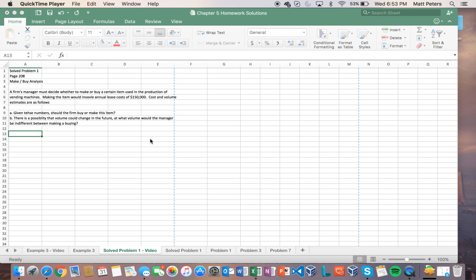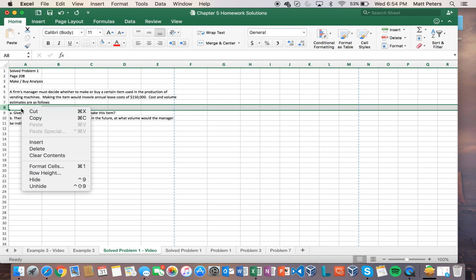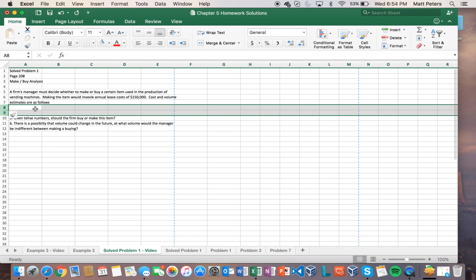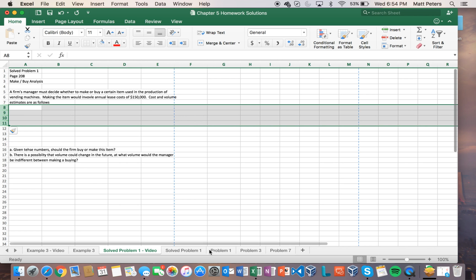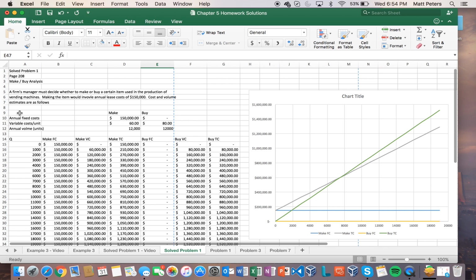A firm's manager must decide whether to make or buy a certain item used in the production of vending machines. Making the item would involve an annual lease cost of $150,000. Cost and volume estimates are as follows, and I don't have them on here. Okay, I'm going to add them really quick. I'm just going to copy them from here